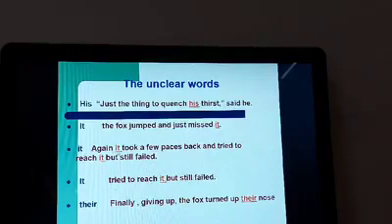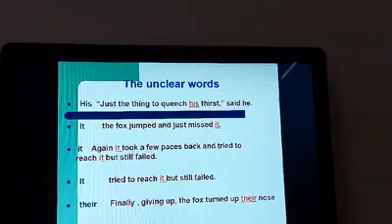Again, "it took a few paces back." Here is another problem. We know that for a fox we should use "it", but here we are not using "it" at first, we are using "he". So using "it" will be a great mistake here, because we have to use either "he" or "it" for a fox in a passage. You can't use both "it" and "he" in a paragraph. That will be a very, very wrong thing. So it must be changed here.